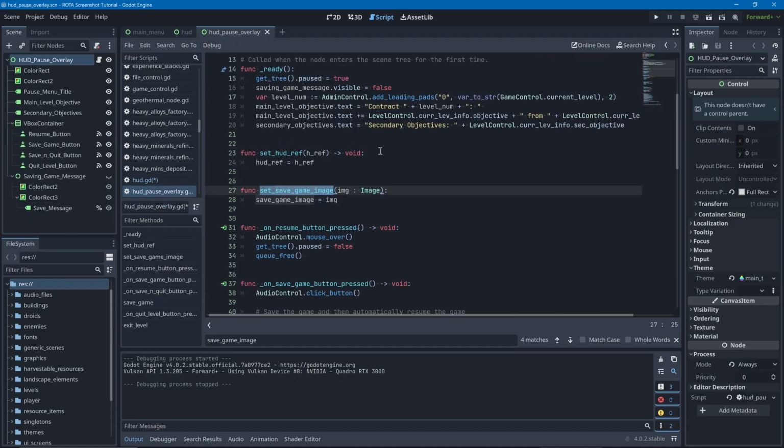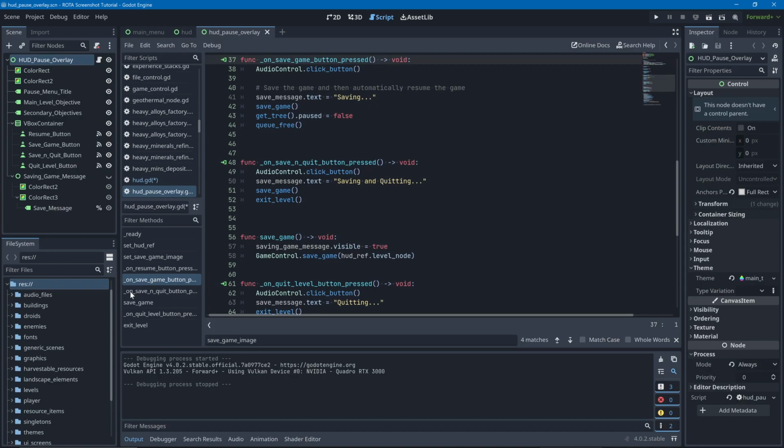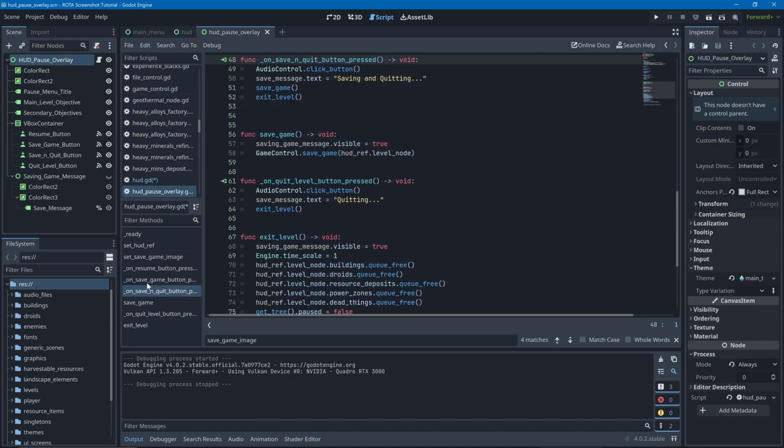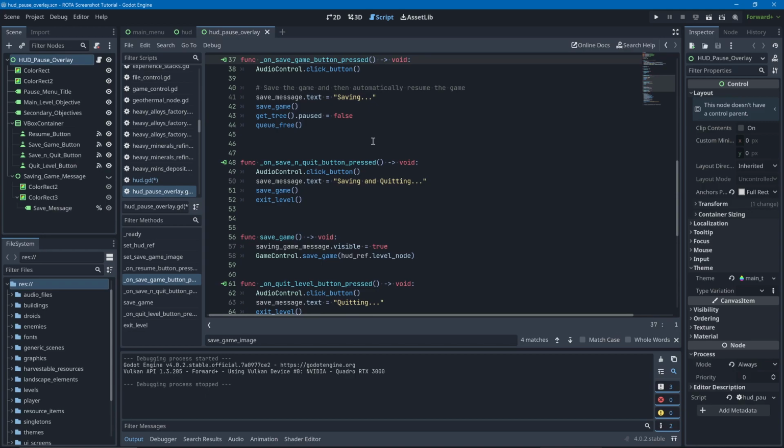Back in the script for the pause overlay screen, notice that the first thing it does, in the ready function, is pause execution of the game with getTree.paused equals true. The pause overlay screen itself is not affected by this, as the process mode is set to always. Before this happens, the HUD has already passed across our captured image via the setSaveGameImage function. We can now associate this image with the saved game, if the player chooses to save the game while the game is paused. In the functions triggered by the save and quit buttons, we have a call to the SaveGame